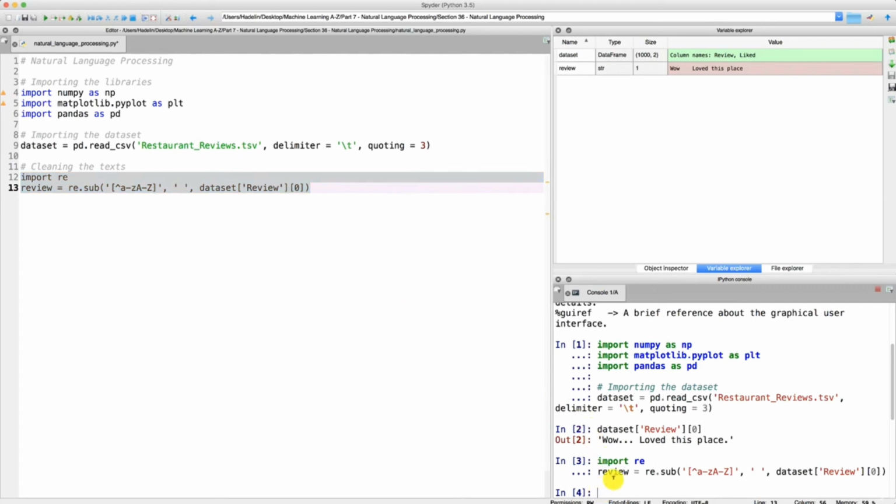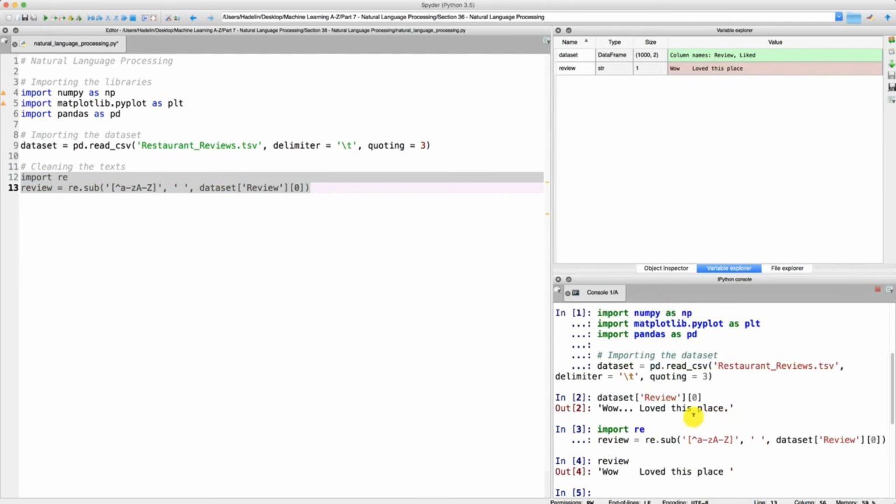Let's have a look at what the review became. So I just need to type review here and press Enter. Here we go. So as you can see, only the letters from A to Z were kept, whether it's capital letter or not capital letter. So wow, love this place. The three little dots that were here just disappeared because these are not letters, and therefore first step done. So great, and we will do the second step of the cleaning process in the next tutorial. Until then,